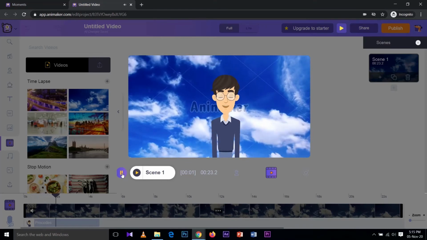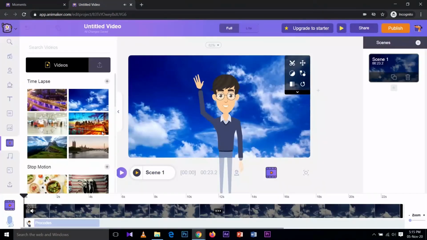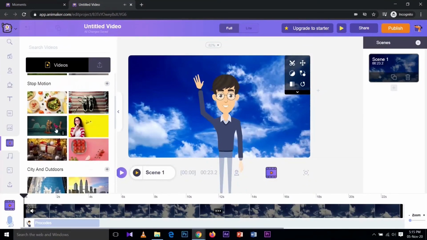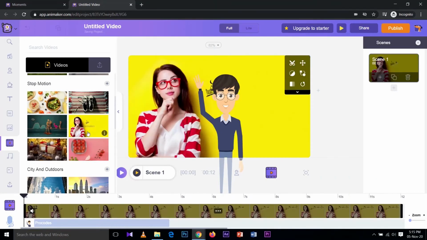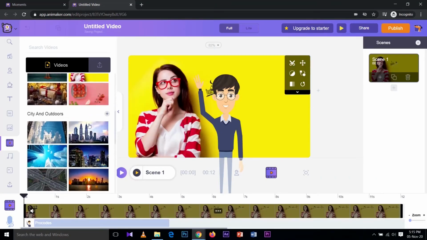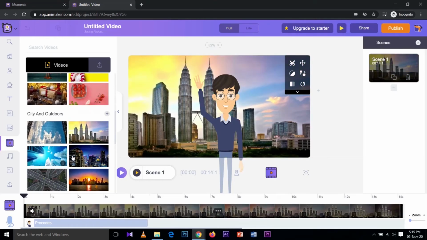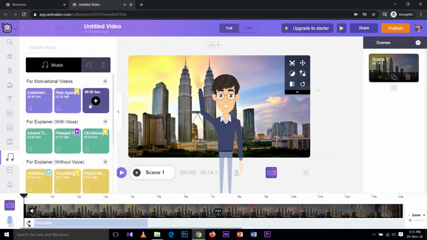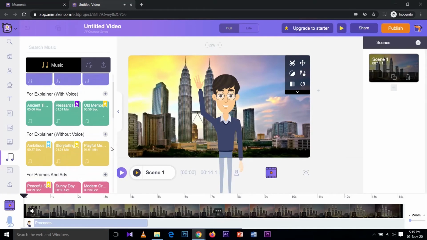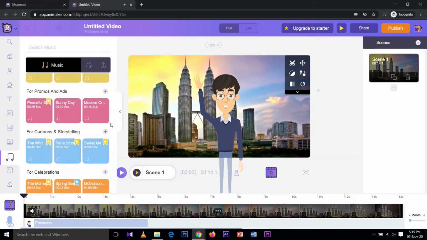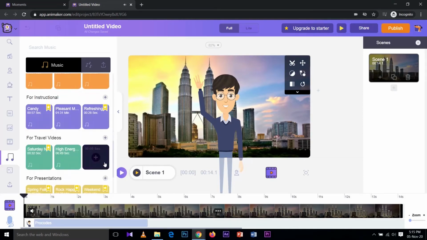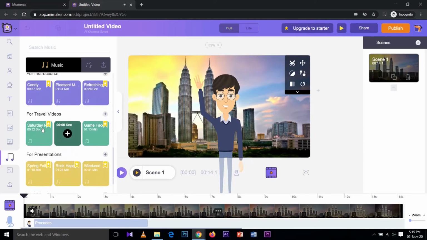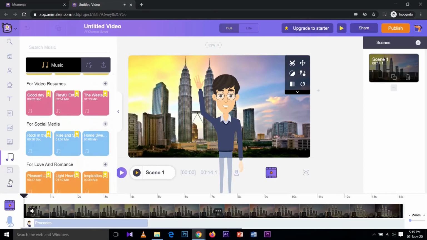Hello and welcome back to Pro Codes. Let's check out another one. You can give this one or anyone you like from this inbuilt. Next is audio. Here we can add any music to your canvas as a background, or you can upload your own music. Here are some of the inbuilt music they provide for us. Some of them are paid, some of them are free. You can use the free ones.